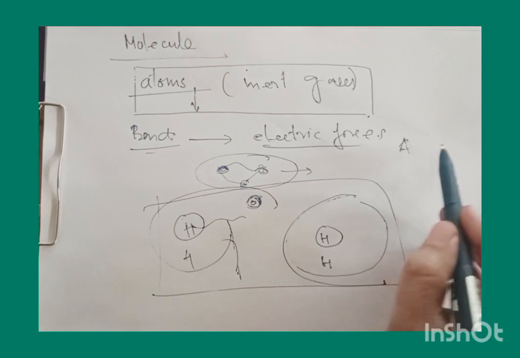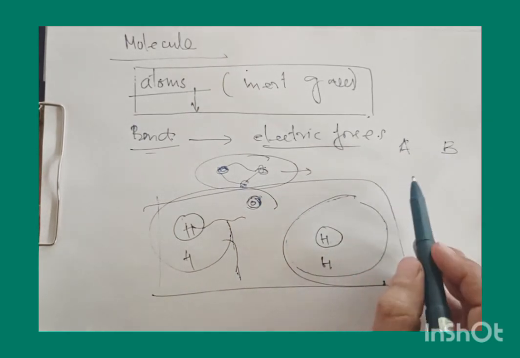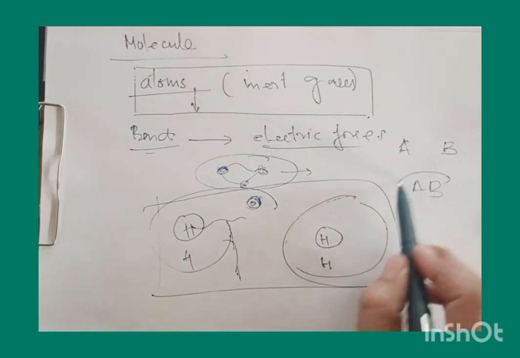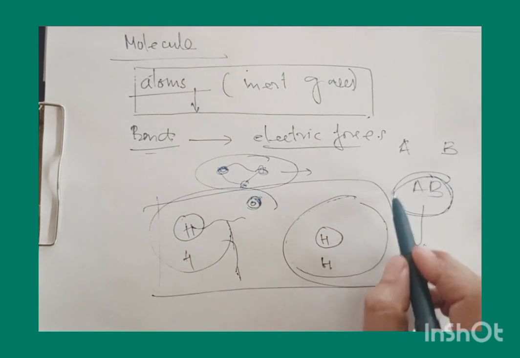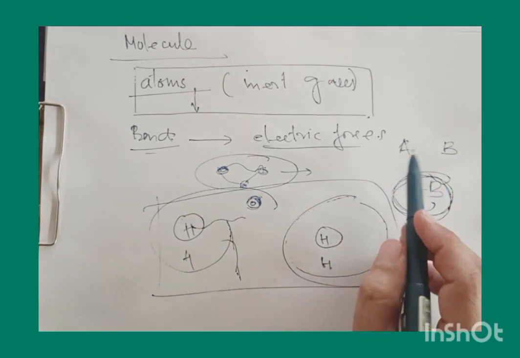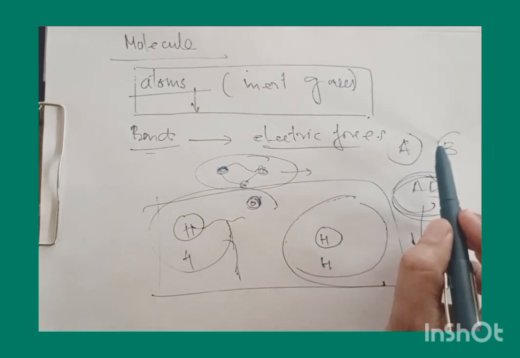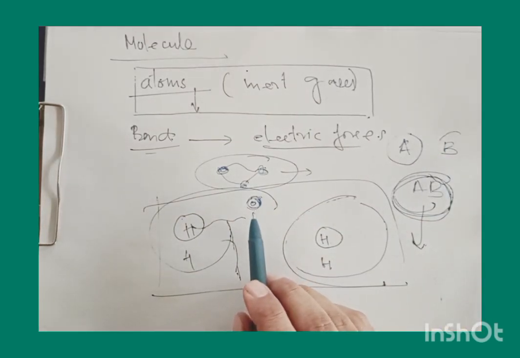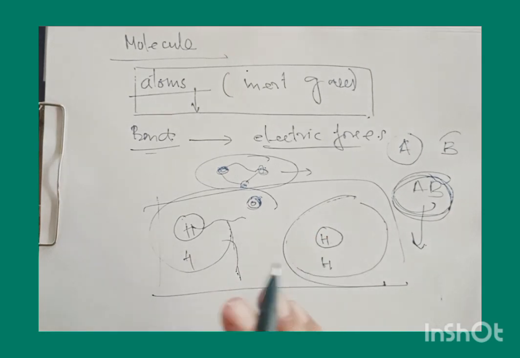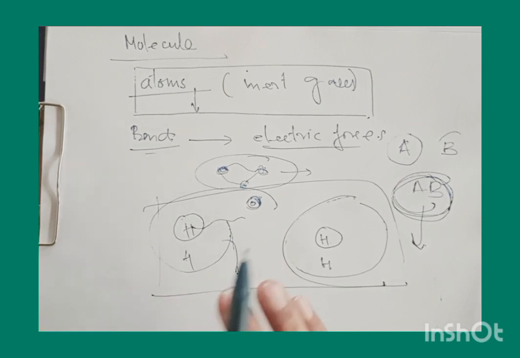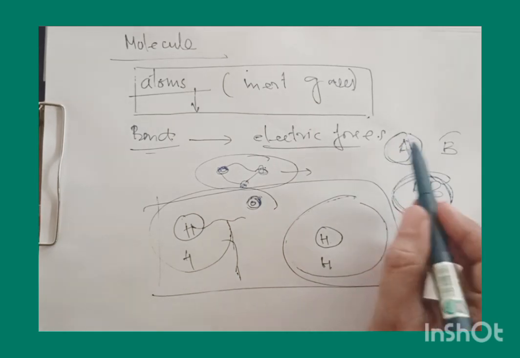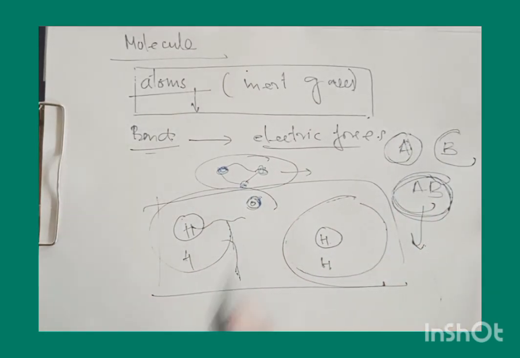So if I have atom A and atom B, I have a molecule AB, and this molecule AB is formed only because they are able to generate an overall energy which is less than the independent energies of A and B. And now, if we have the interaction among certain groups of atoms, this interaction certainly reduces the total energy between A and B. And let us see what happens when two atoms are brought